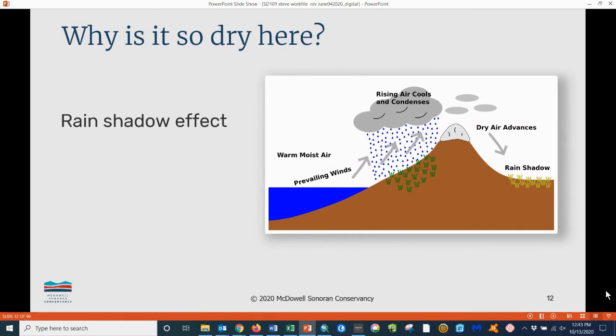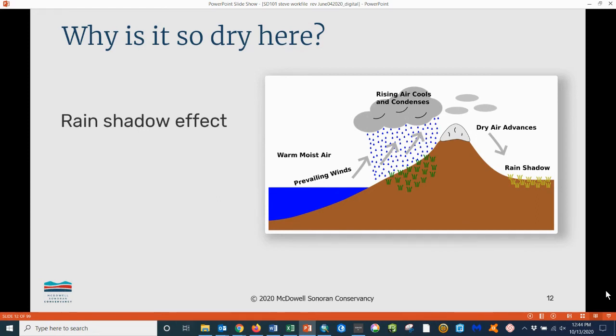Here in Arizona, our low humidity is caused primarily by what's called the rain shadow effect. Moist air loses its moisture while passing over mountains. As moist air from the Pacific Ocean moves upward over the California coastal mountains, it cools, since air temperature decreases as elevation increases. But cool air cannot retain as much water vapor as warm air can, and so the moisture in the air condenses and drops precipitation on the western slope of the coastal mountains.